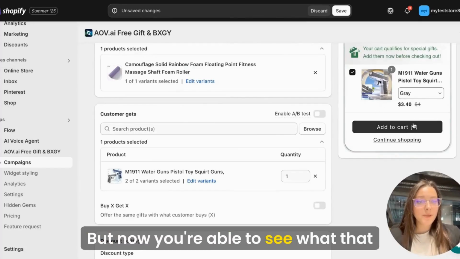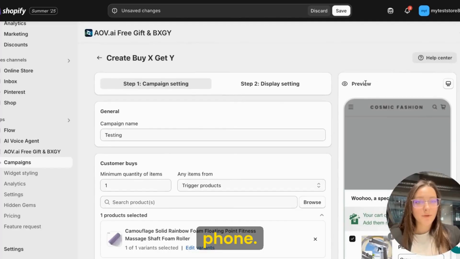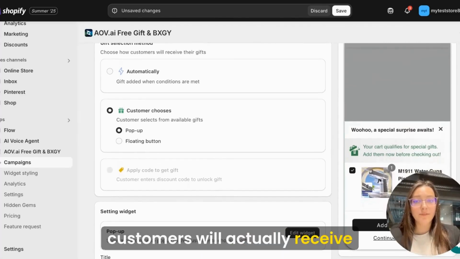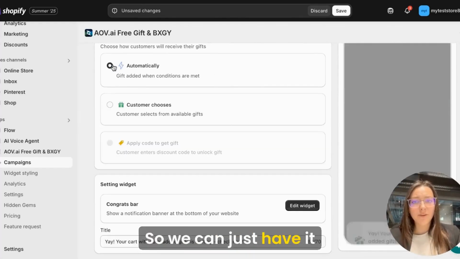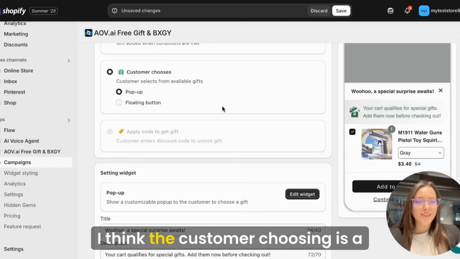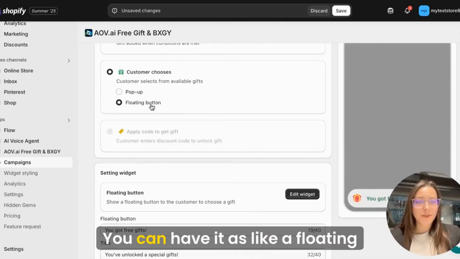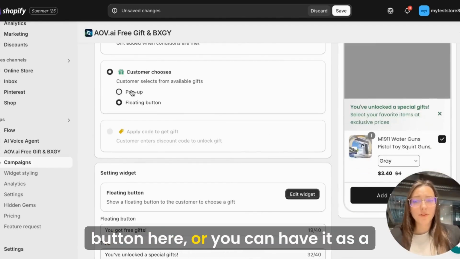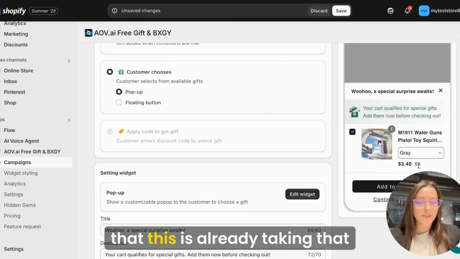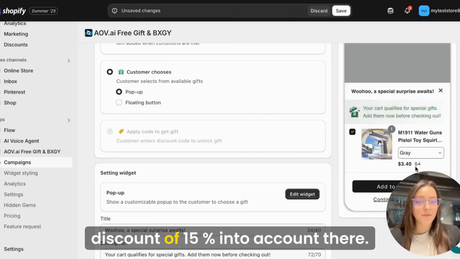But now you're able to see what that would look like there on a mobile phone. And in the display settings here, we're going to choose how our customers will actually receive their gifts. So we can just have it automatically add it to their cart. I don't think that's necessary. I think the customer choosing is a nice thing to have. You can have it as like a floating button here, or you can have it as a pop-up. I prefer the pop-up. And again, you can see right here that this is already taking that discount of 15%